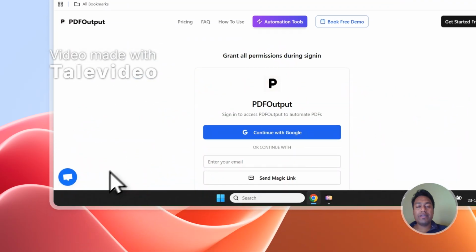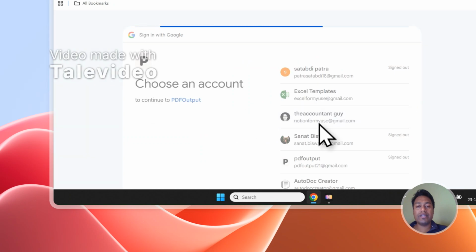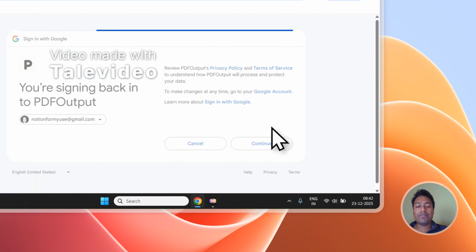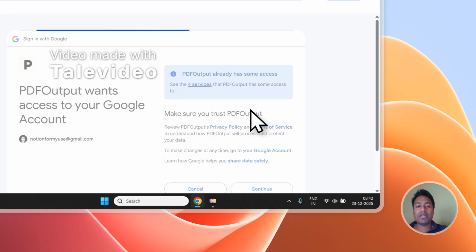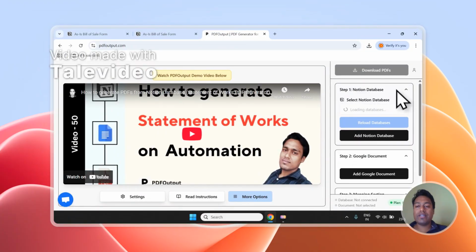So let's click on create PDF and simply sign in, and then we will be able to see the automation steps that we need to take to generate the PDF file. So we are going to quickly sign in over here, and then we will see how the rest of the steps will work. The very first thing which we need to do once we log in is